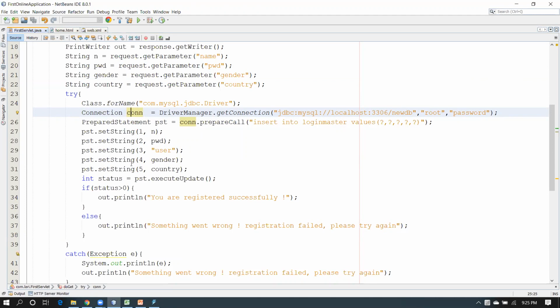Again, I'm going to show you one more thing. Just look here. If I reload this, then this request goes one more time to the server. When I reload this URL, your request will go to this server on the same servlet, and it will carry the same username, password, and all the information. So just reload this. Then you can see that something went wrong, registration failed, please try again. So what is